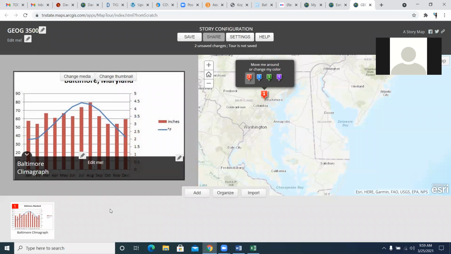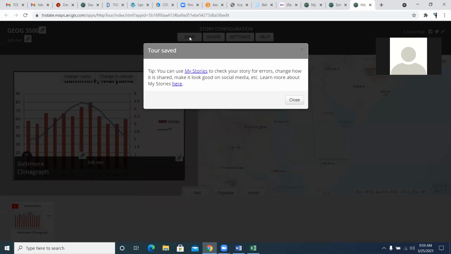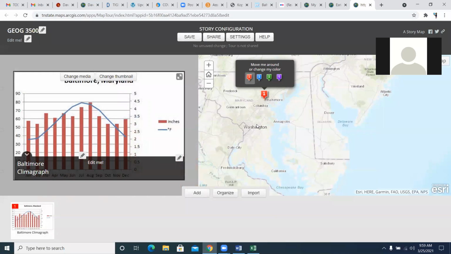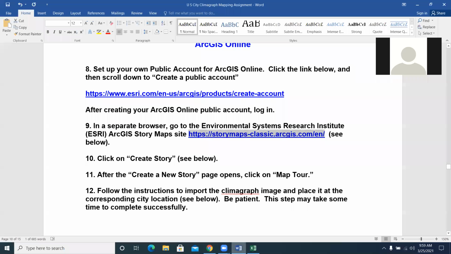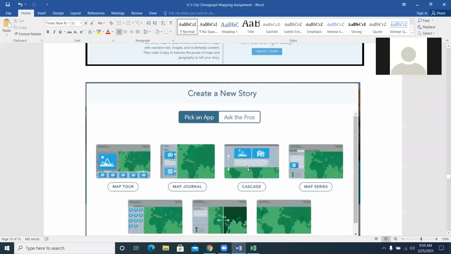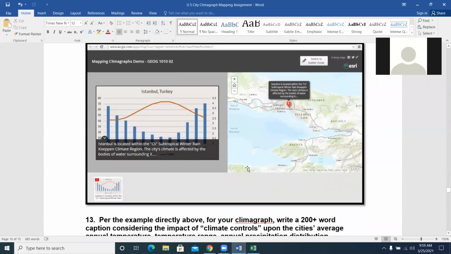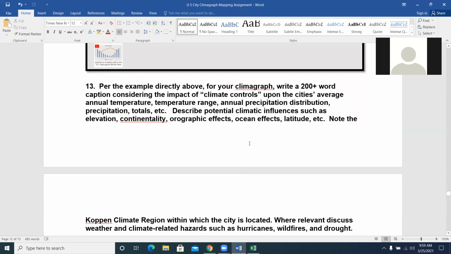Okay, so now you should save your map. So I've saved the map tour. And so the next set of instructions, so that's all that there, done did that. So next, you will write a 200-word caption